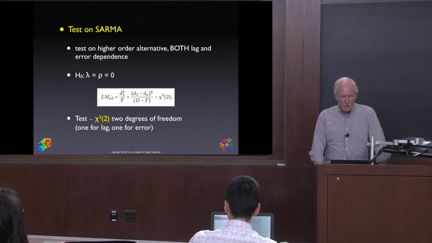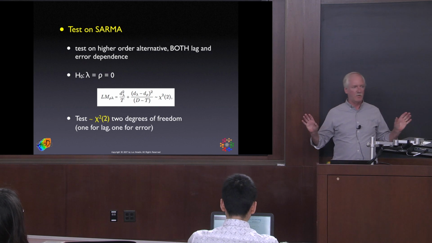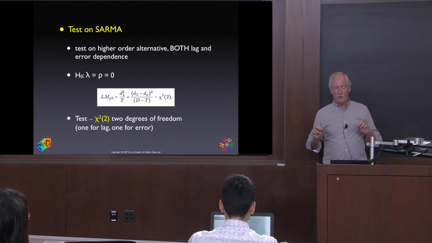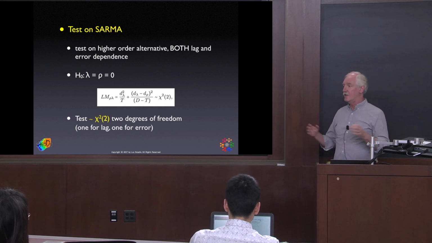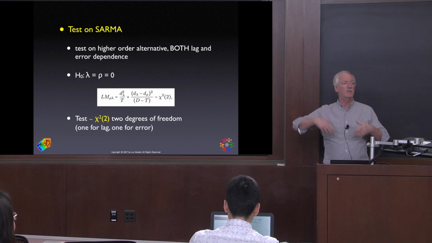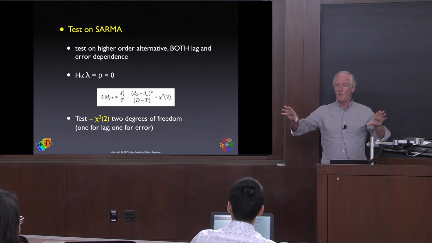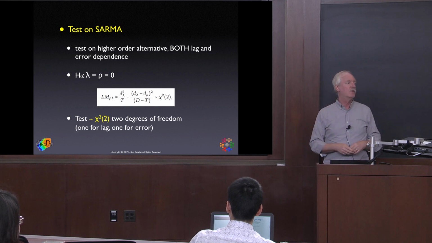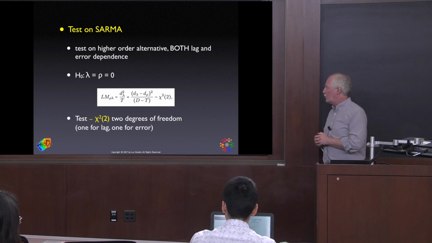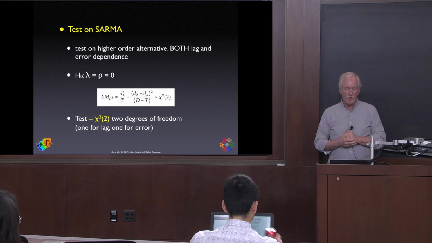So the null hypothesis is no spatial anything, right? No lag, no error, nothing, right? And the alternative is that both are present, okay? So when both are present, then again, it's the same thing. You set up the alternative model, you get the first order conditions, second order conditions, do all the derivations, plug in the zero values for lambda and rho, and then your score test falls out of that. And the result is this thing, which is a combination of the pieces that we already saw. So you recognize the first part